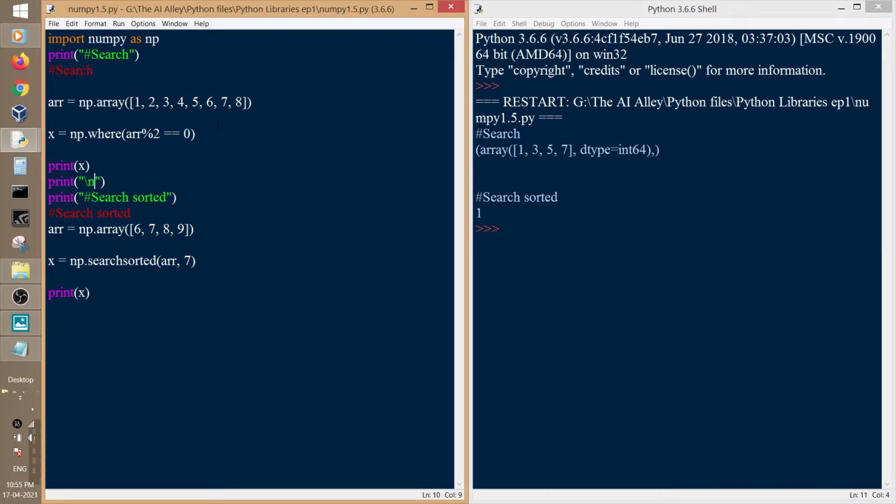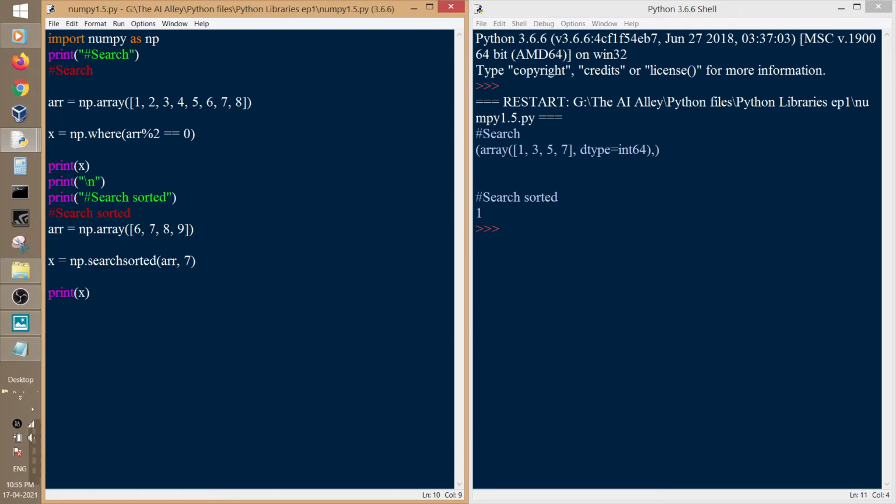If you know the indexing mechanism of Python, you know that Python indexes start with 0 and end with n-1. So here 0, 1, 2, 3, 4, 5, 6 and 7. As per this indexing mechanism, the where function will give you the indexes of each of the even integers. And in the sorted search it happens similarly.